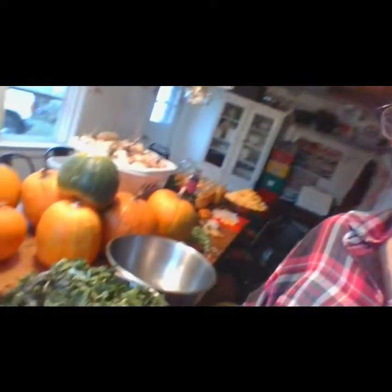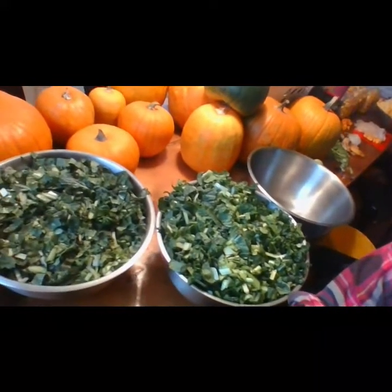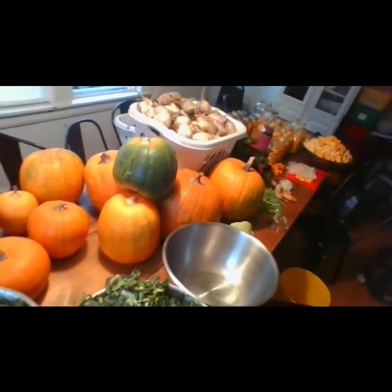So I have these two bowls. I'm taking that and I'm gonna put that into 3 bowls because those are kind of high. Into 3 bowls, and then I'm going to put salt on that and smash them up to do the starting thing for kimchi. The pumpkins I have done absolutely nothing with except for move some into a basket